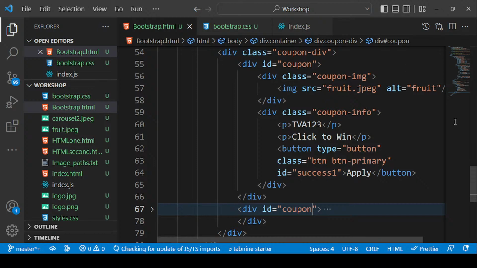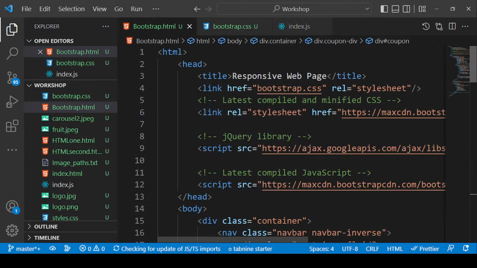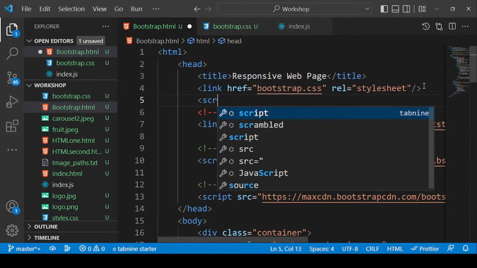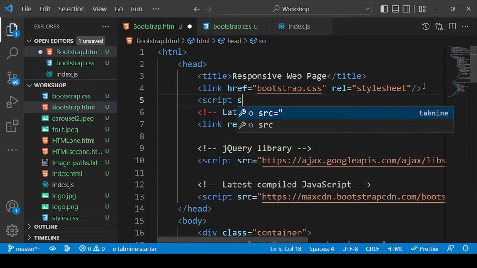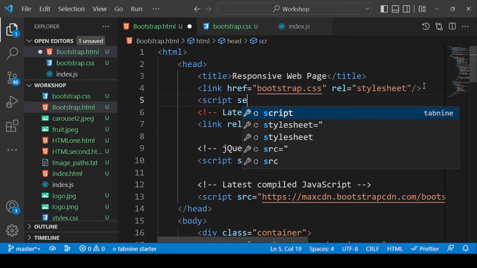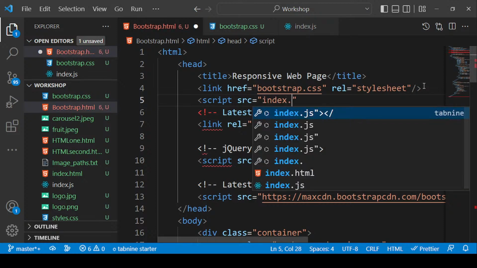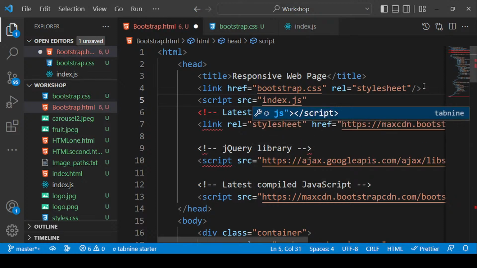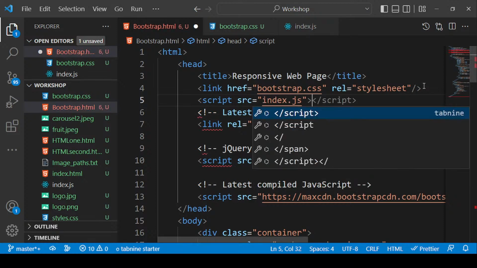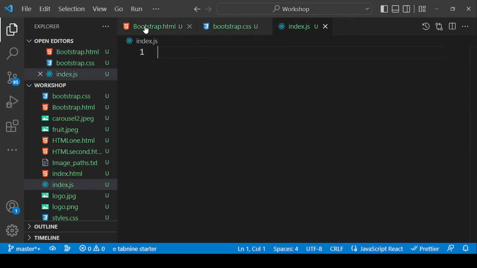Then link this file here. How to link this file? We cannot directly link the JavaScript file over here just by using the link tag. We need to use the script tag: script src equal to the file name, which is index.js, and close this script tag. Okay, now you can use this index.js. So first of all,